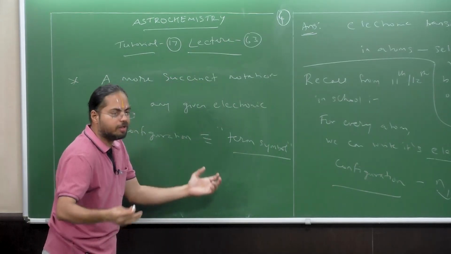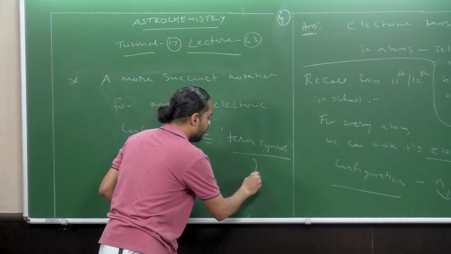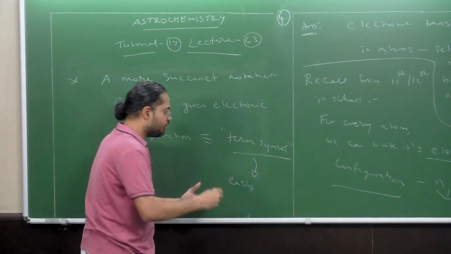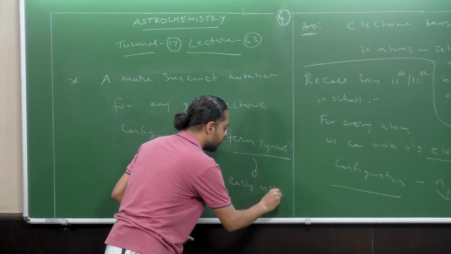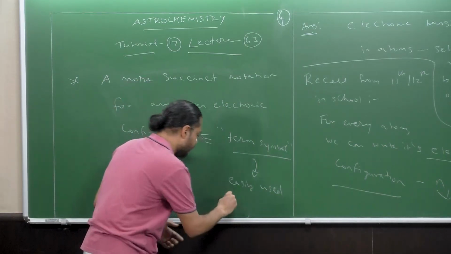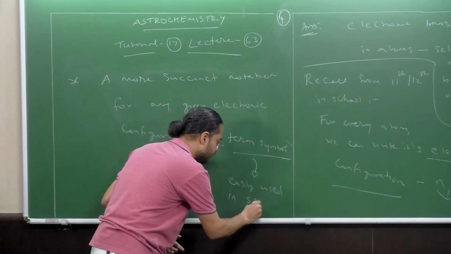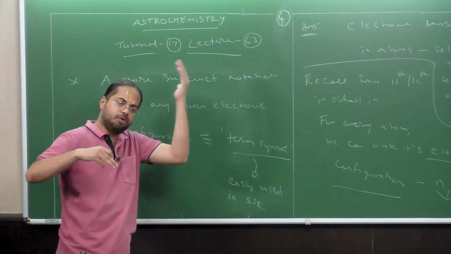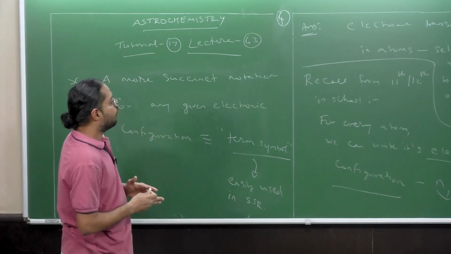And this term symbol, right, can be easily used in the specific selection rules. Specific selection rule. I'm just using the same abbreviation we've been using all along. Okay, right? So, for example,